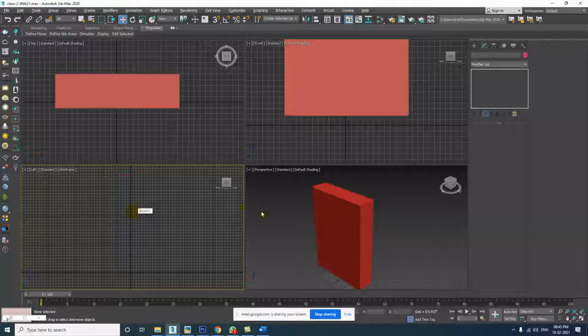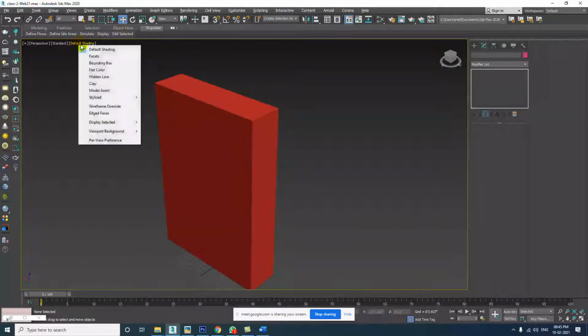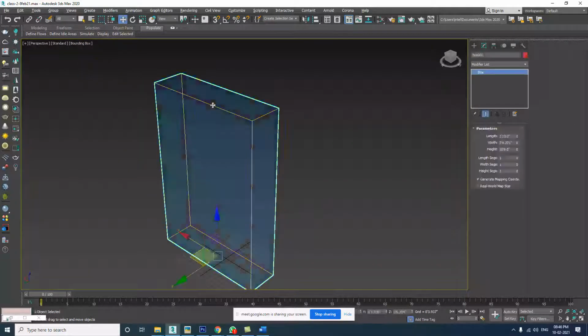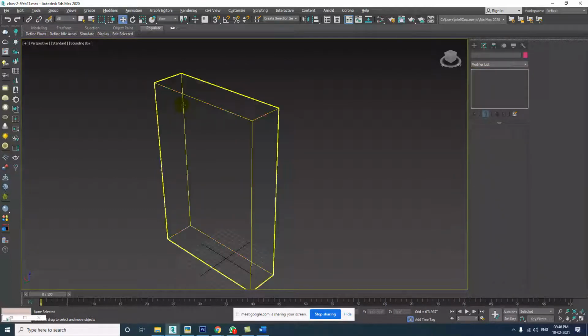Let me activate this view. The default setting tells whether you want to see the solid shape or only the wireframe, the outline of the object. Over here is the bounding box, unless I click it is difficult to see. I will click, then it is highlighted like this.